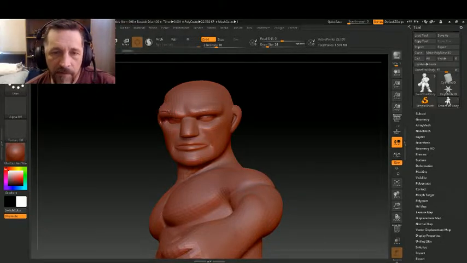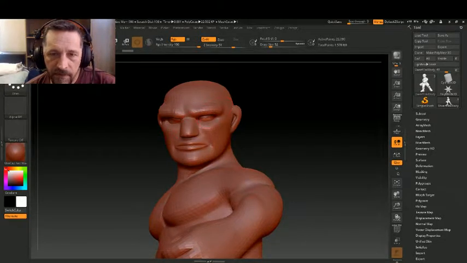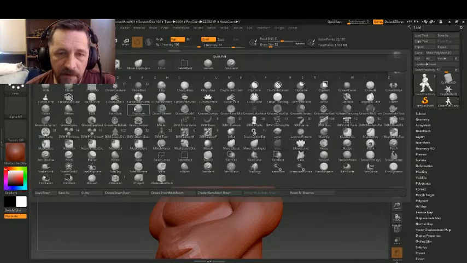Then I'm going to go back to move, make them bigger, raise the outer of this one, lower the inner, and then with move topological,